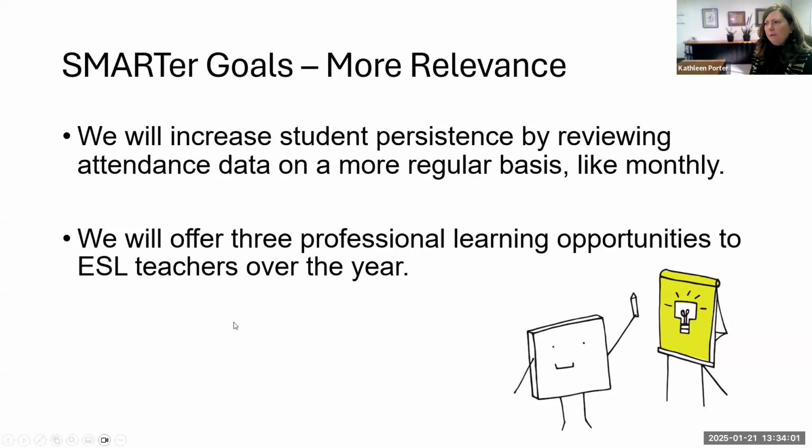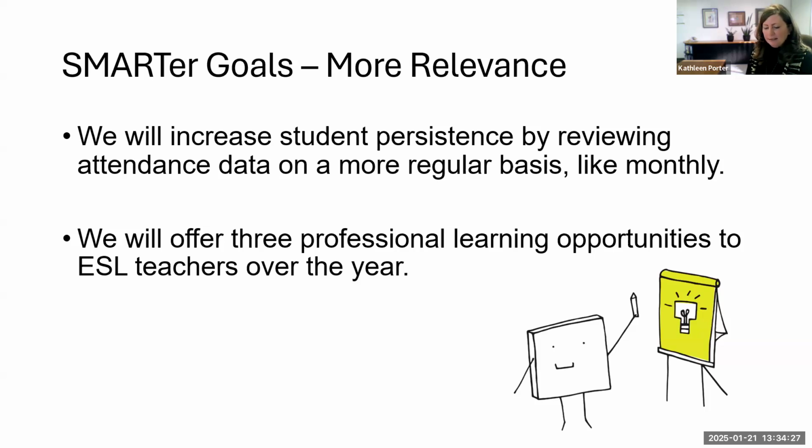So the second one that we thought kind of looked at relevance for us: we will offer 3 professional learning opportunities to ESL teachers over the year. Any ideas about this one? What would be advice? For what purpose? Thank you, Stacy.